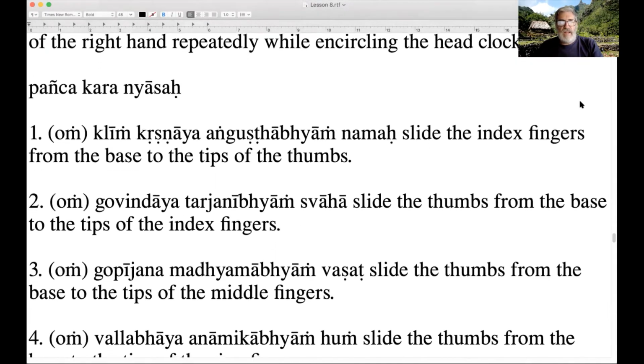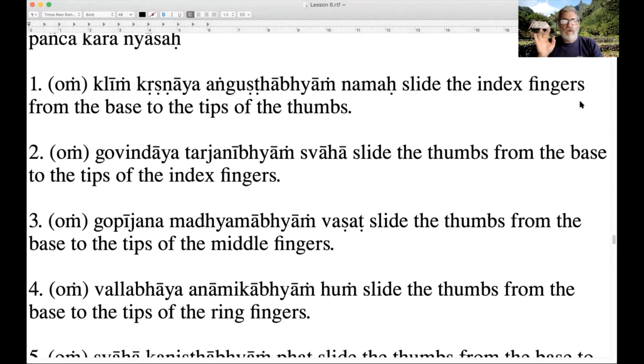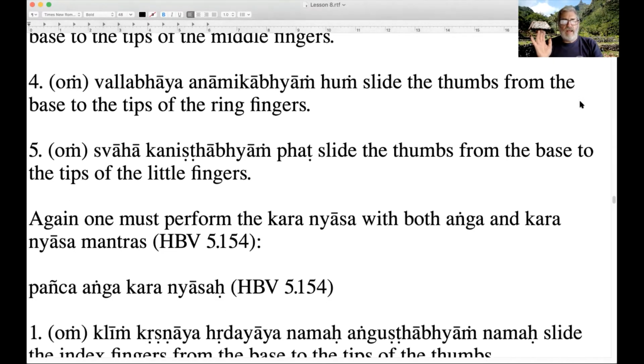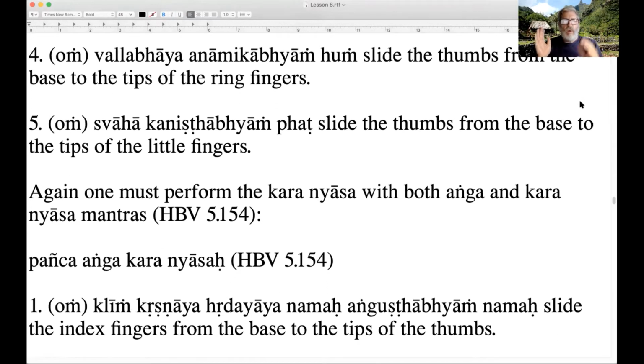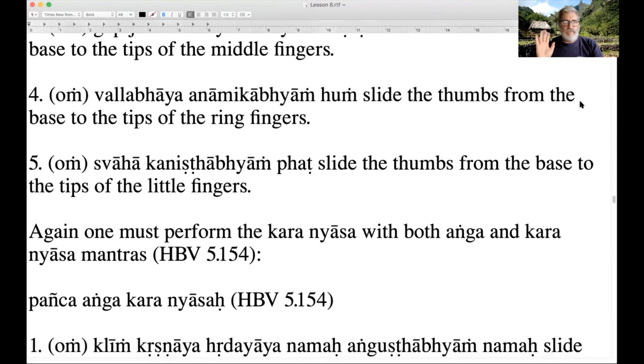And Pancha Karanyasaha, which would be with the fingers again, right? Om Klim Krishnaya Angushthabhyam Namaha. Om Govindaya Tarjanibhyam Swaha. Om Gopijana Madhyamabhyam Vashat. Right? Om Balabhaya Anamikabhyam Hum. Om Swaha Kanishthikabhyam Phat. And that's the Paranyasaha. Right? So